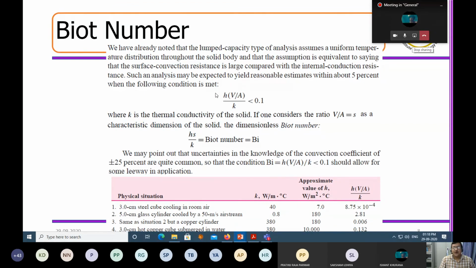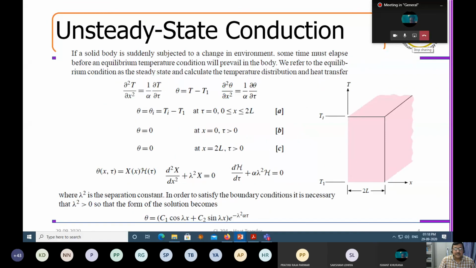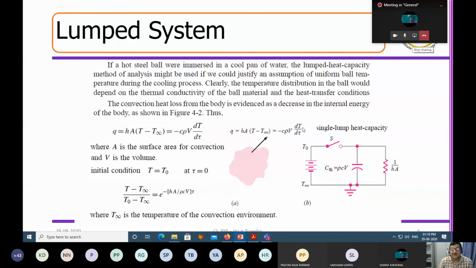So what is the outcome of the whole story? When I start with the transient analysis of heat conduction with time, I end up getting a time constant here, and this is my solution associated with that. But then when I balance the convection with respect to the heat capacity of the situation, I end up getting a solution like this, where the time constant is like this.